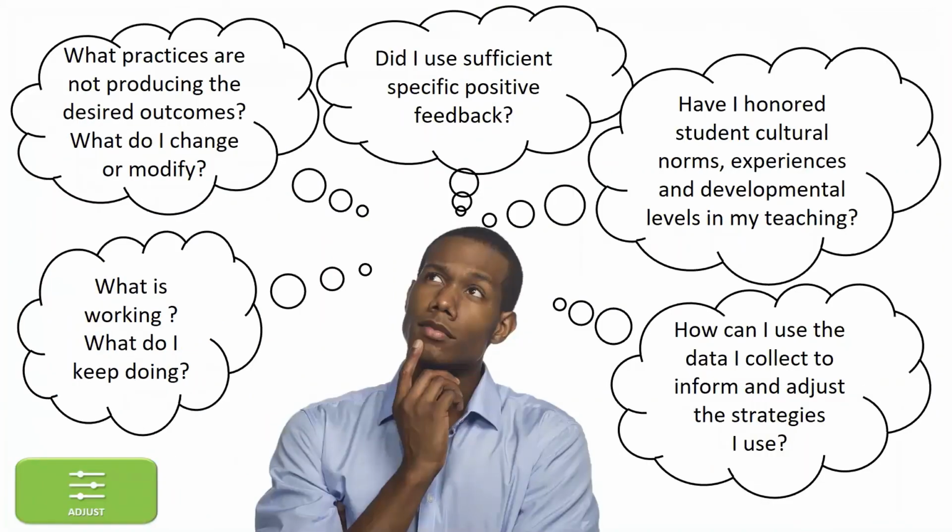If your goal is for an equitable multi-level system of supports to be implemented with fidelity, being a reflective practitioner is critical. An equitable multi-level system of supports is about changing adult systems and behaviors so students can succeed. Here are some reflective questions that keep the focus on what the students need, which will encourage the adults to change based on what is working and what is not working. Take a moment to read through these reflective questions and make note of anything you would like to keep on your radar for future use in your practice.